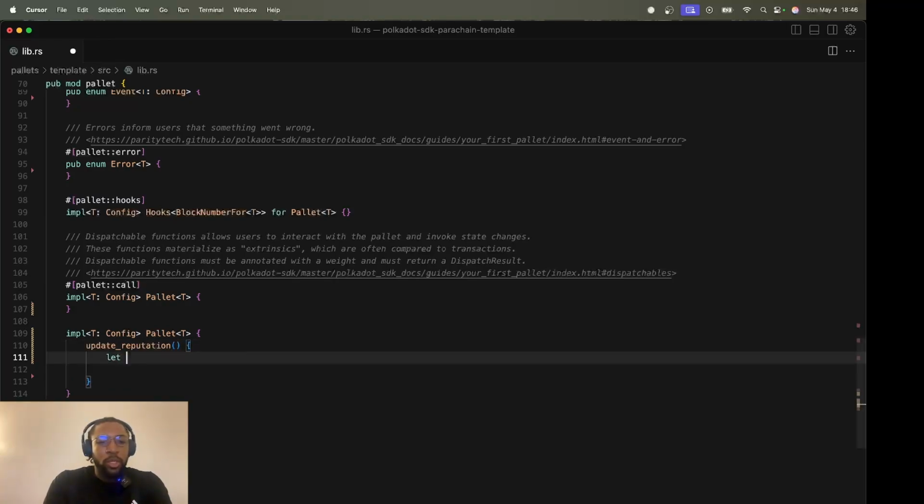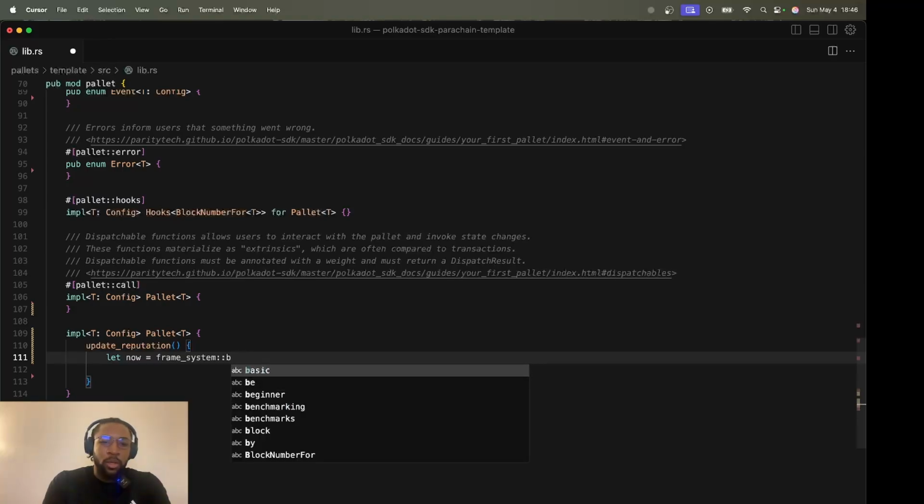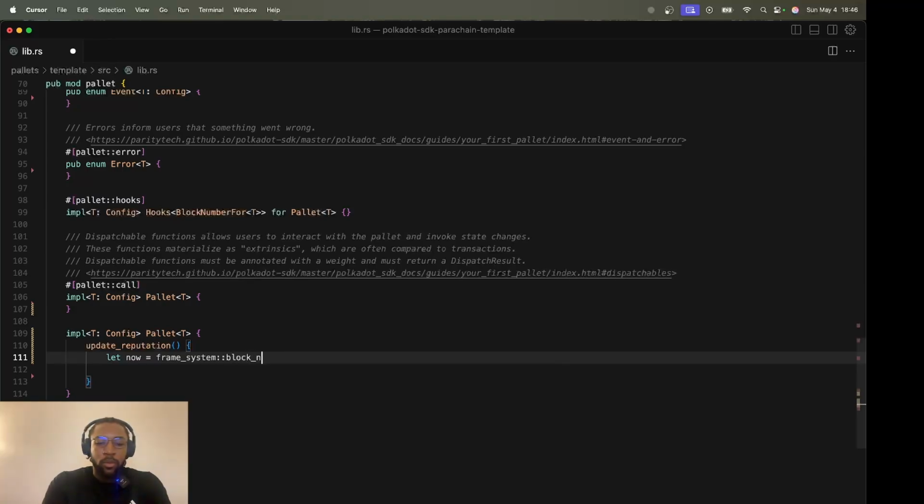So we need frame system block number. I think we need block number.